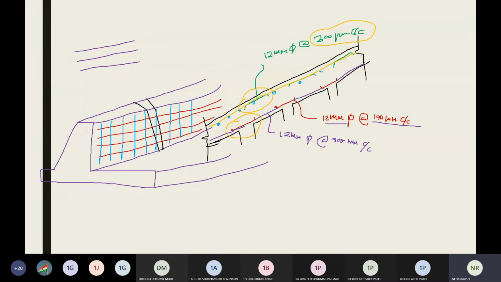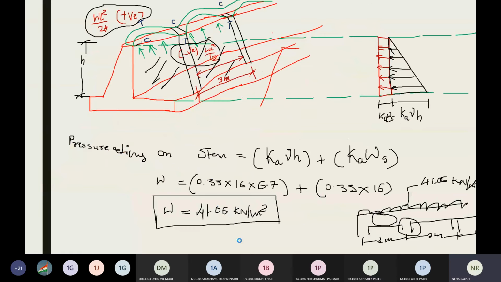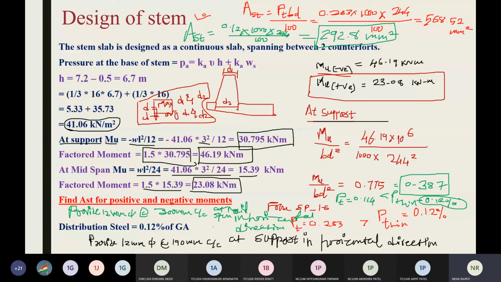ठीक है। Both the sides, यहाँ पर भी होंगे, यहाँ पर भी होंगे, like both the side you can see. अभी टॉप वर्टिकल रेनफोर्समेंट, तो ये कितने प्रोवाइड करने हैं, this vertical reinforcement is provided as minimum reinforcement, and this reinforcement is known as distribution reinforcement, distribution steel, right? तो डिस्ट्रीब्यूशन स्टील कितना है, HYSD के लिए 0.12% and this is 0.15%. अब हमने यहाँ पे फाइंड किया था, हमारा ये 0.12% के लिए we have this 300